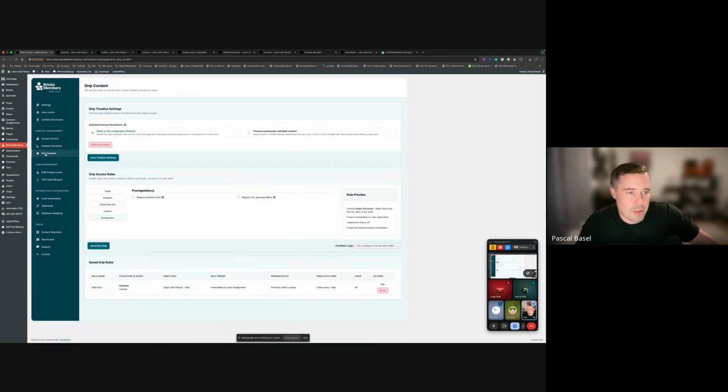And then drip content, this is where it gets really powerful because you can literally do everything that you can imagine with those drip rules. So how it works is, at first, you have the drip timeline settings, which by standard is set to reset on reassignment. That means that whenever you change a drip access rule or anything else on the website that affects drip, it's all recalculated, and